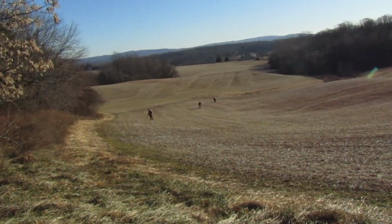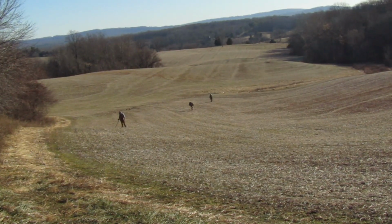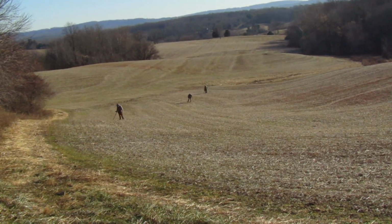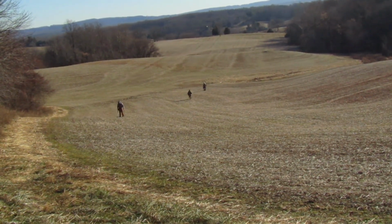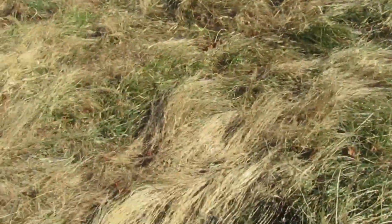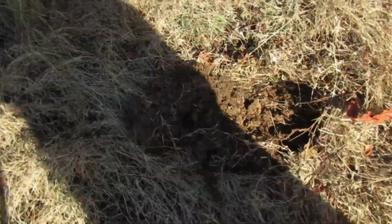Those guys are down there digging in the field, but man, the ground is still so hard. It's like chiseling through rock. You get a good signal, and it can take you 15 minutes to dig through. Makes it tough. I'm up here, kind of digging over here where there's a lot of grass cover. Because of that, the ground was more insulated, easier to dig. And I just got,